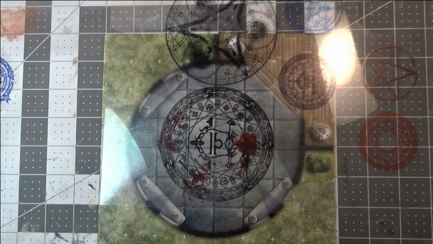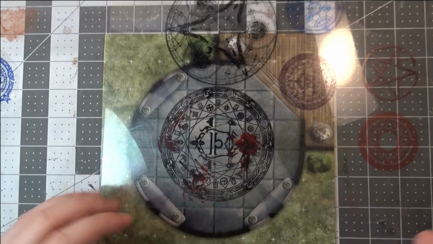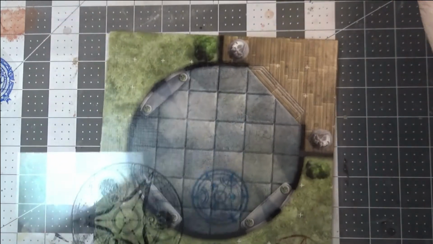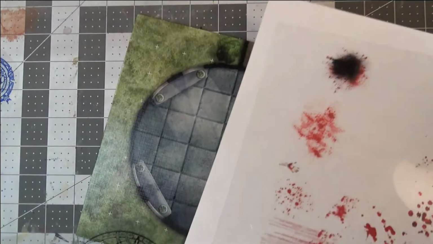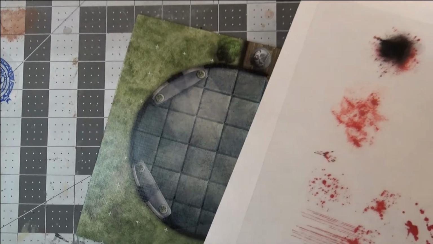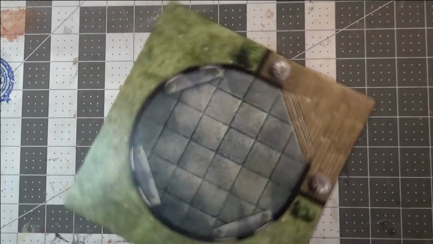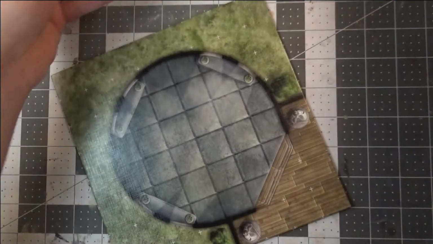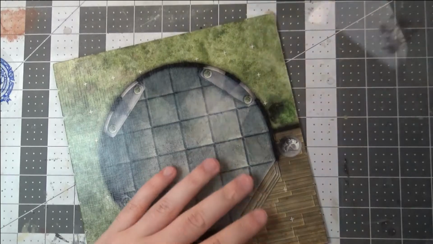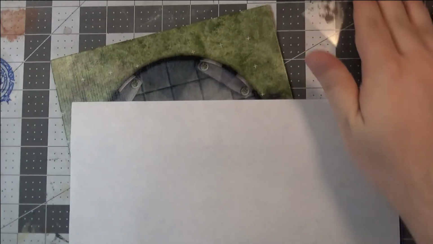And there are probably more textures and effects you could go for in addition to this, more than just the magic circles and blood splatter. As an example of one that doesn't work as well as I hoped it would, I was hoping to get some sort of dirty effect, and going through it, I printed out,